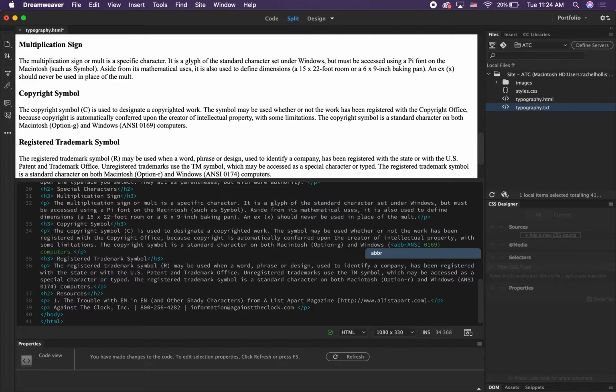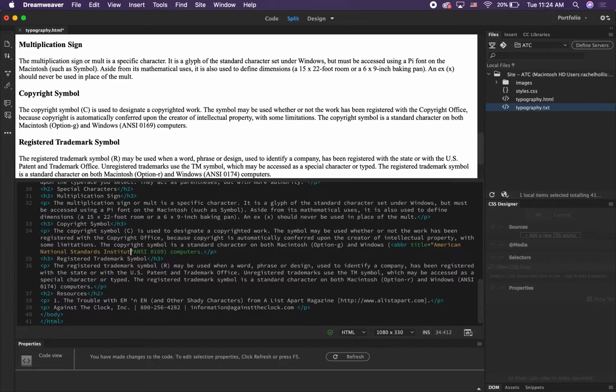Then before you close that with the close arrow, you need a space and type TI, and it'll come up with title, so you can press enter, and it gives you some quotation marks to put your title in. So the title for ANSI is American National Standards